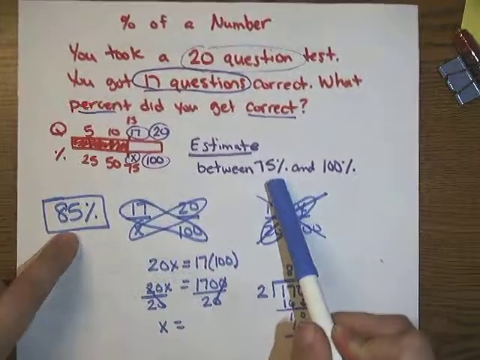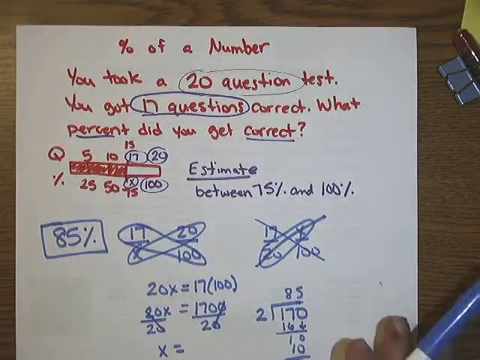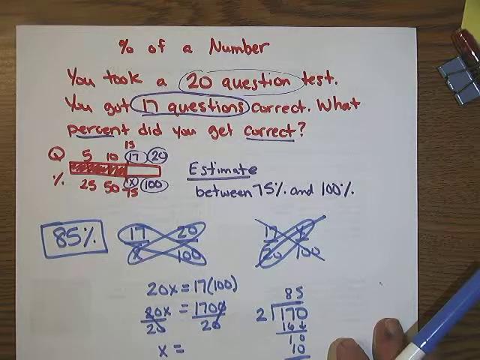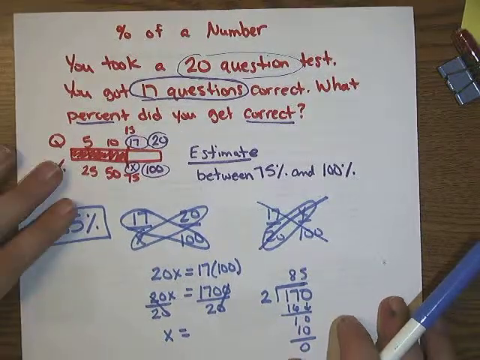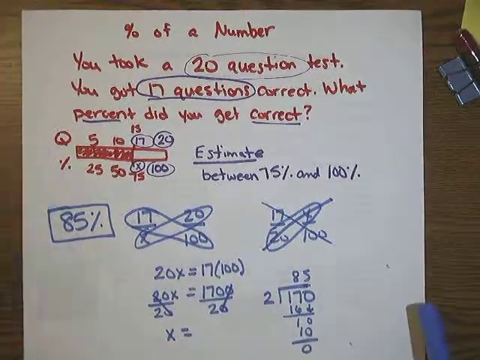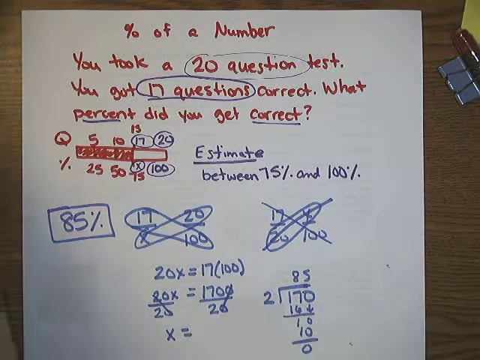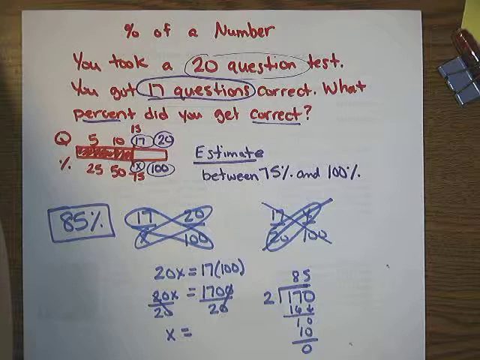Okay? Pretty easy, right? When you get your answer, go back to check. Was your estimate correct? Is 85% between 75 and 100? Yeah. So that kind of lets you know, okay, I got it right. Pretty easy? Yes. Okay, now we're going to do some more examples, but